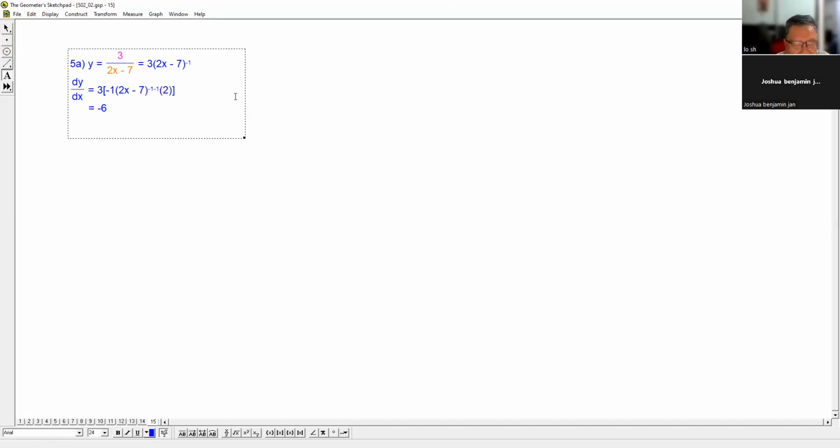And bracket 2x minus 7. -1 minus 1 is actually -2. But this is the answer already, right? This is the answer. But because the power is -2,